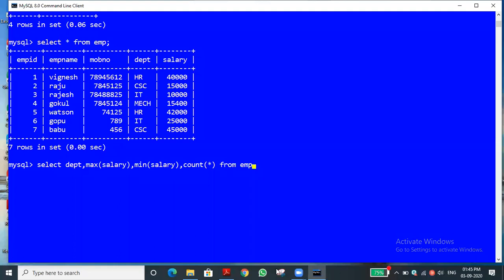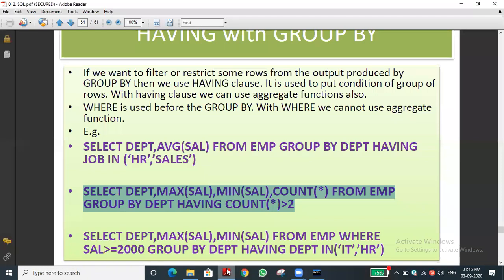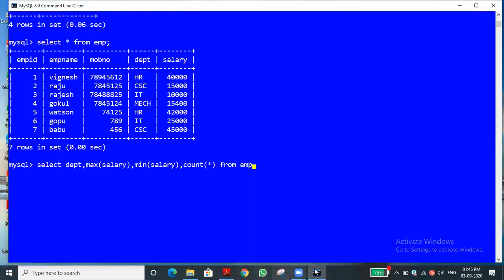Next is group by department. First we need to group by department. Here also we have the department field.